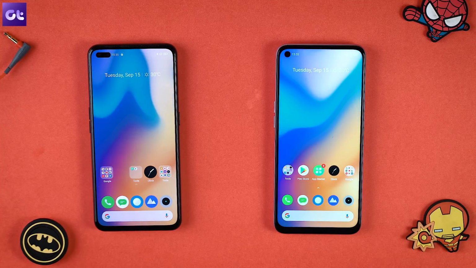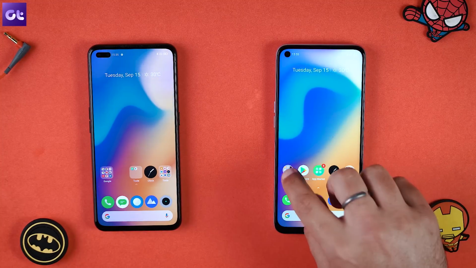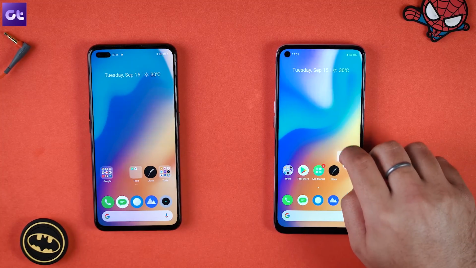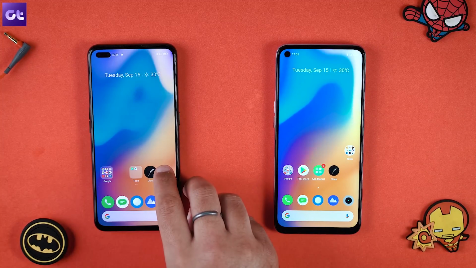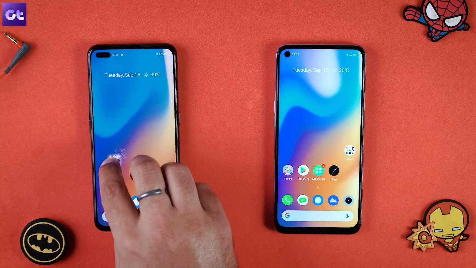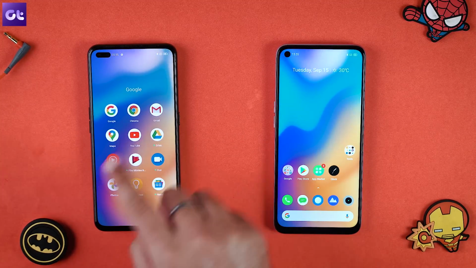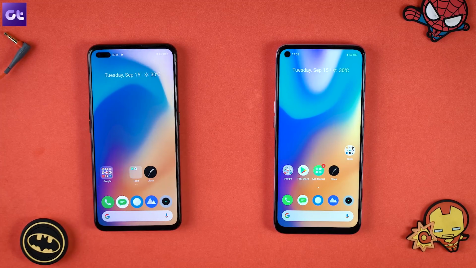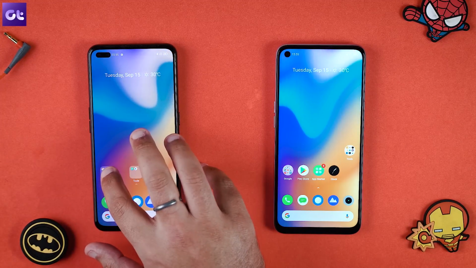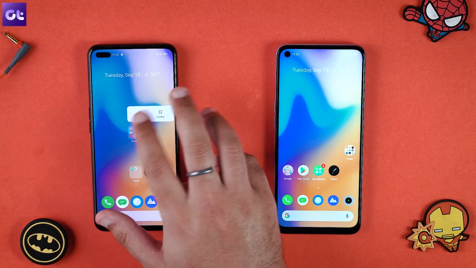Okay, now coming back to the home screen, another new feature that Realme UI 2.0 gives you is the ability to merge folders. So basically, if you have two folders on your home screen, and I drag one folder on top of the other, it'll just reposition it. But on Realme UI 2.0, if I drag it on top of it, the contents will merge into a single folder. So that makes the whole sorting process a little easier. Or in my case, it just makes the whole process of clearing out a home screen easier.